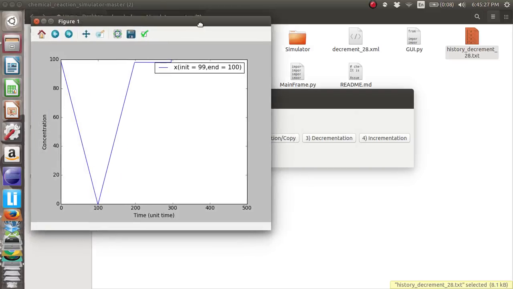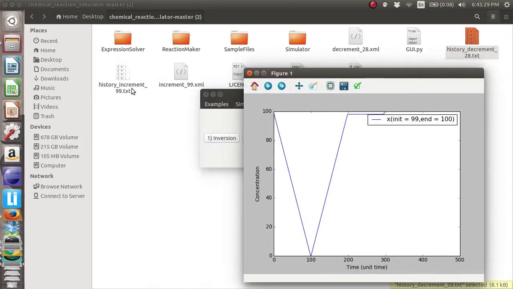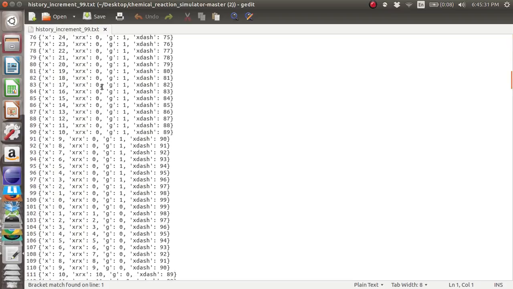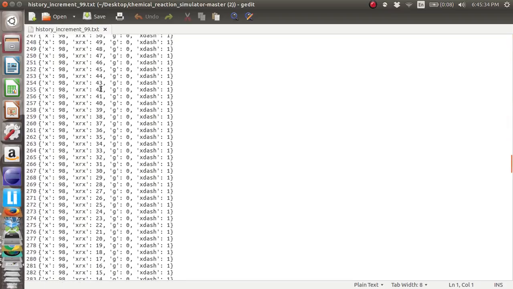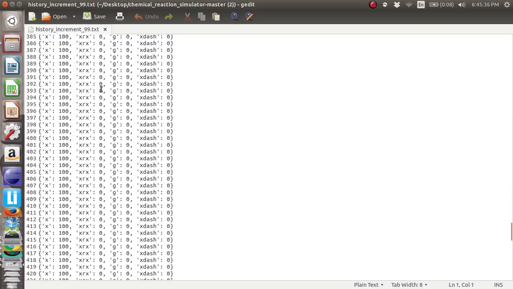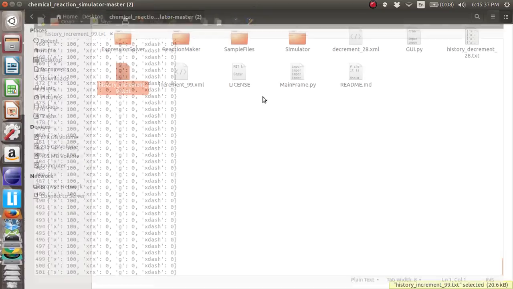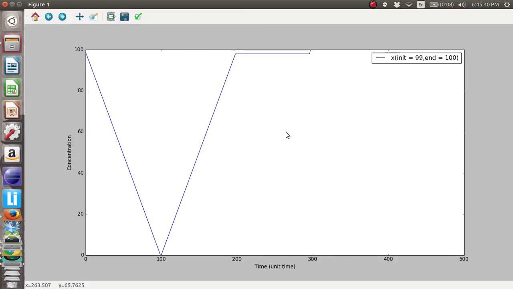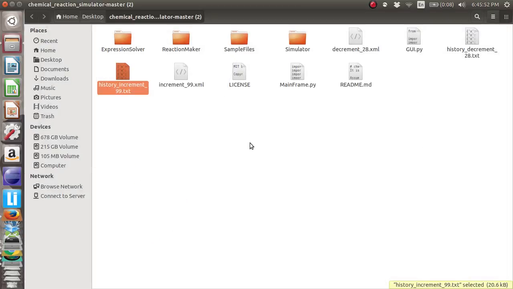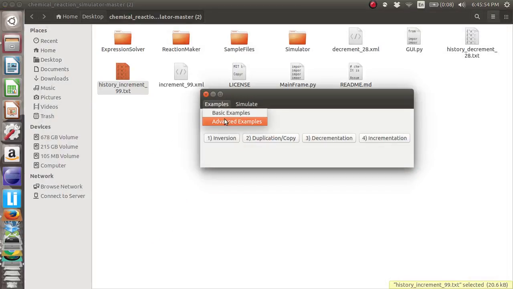Now as you can see, this is the history file for increment containing the time value of reactants, and this is the plot of the reaction. Initially the concentration of X decreases, it reaches 0, and after a while it increases and finally reaches 101. Thus, the example of incrementation.